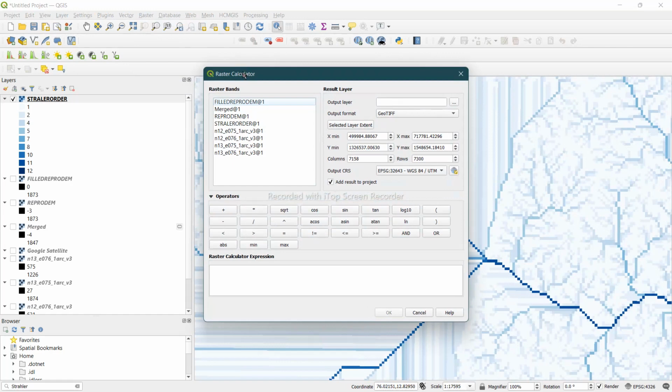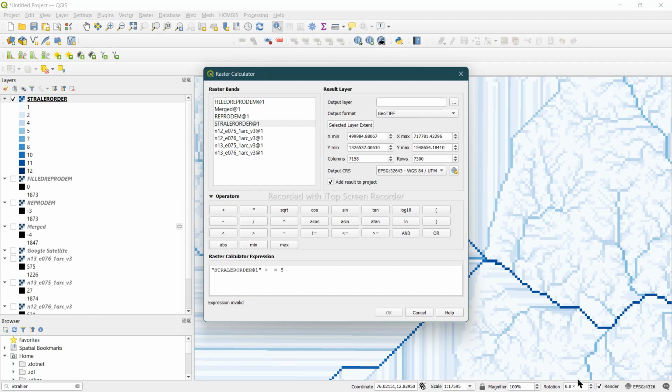For doing that, select raster calculator and select Strahler order, and this greater than or equal to, select a number for it. So I want all the river orders above 5 or above 6. I guess I will give 5 here. So guys, this is how you do. Go to raster calculator, and